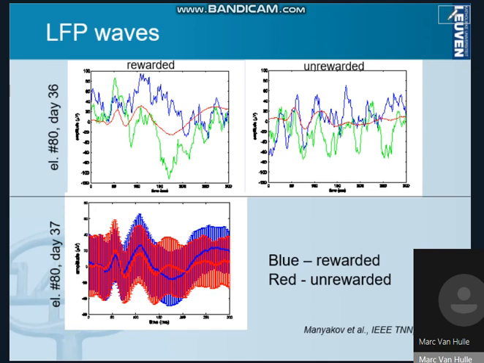Of course, if you average over 100 or so trials, these are the red curves, then you see a difference in how the amplitude evolves over time, but this is not what we do. So we actually consider decoding individual trials. You see how hard that is. And on the bottom panel, you see